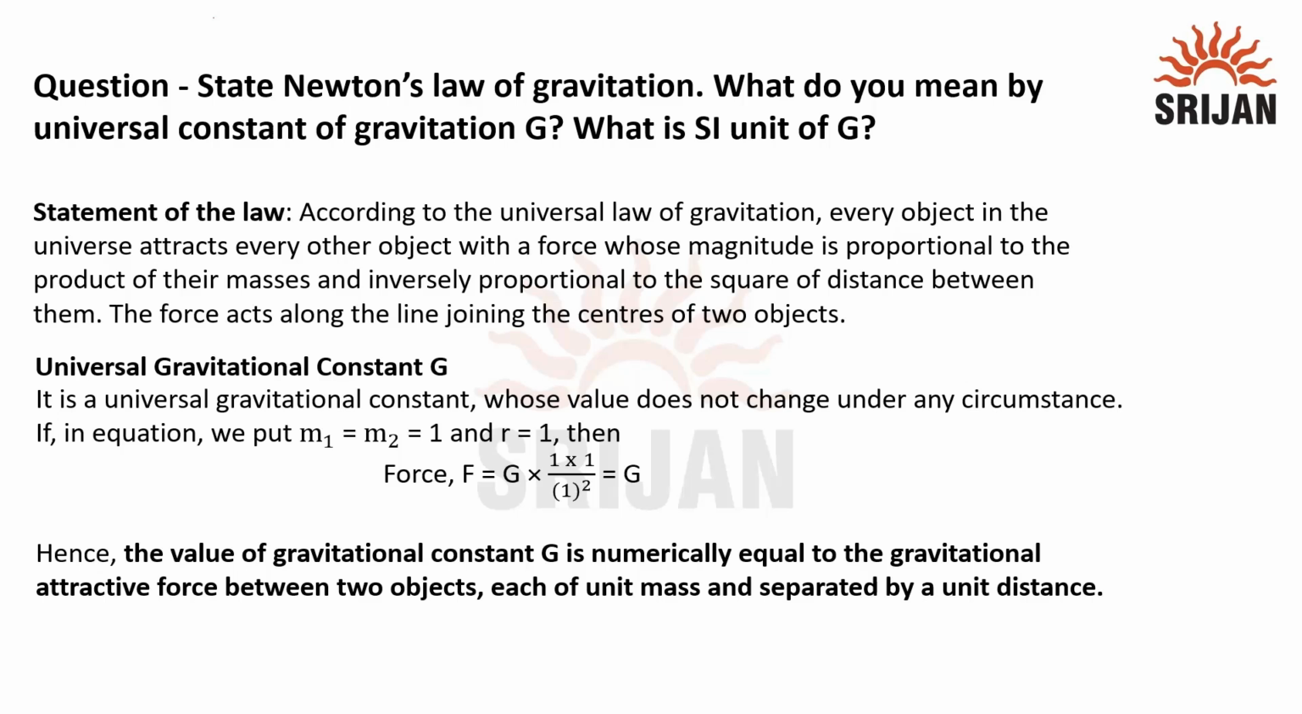The question is, state Newton's law of gravitation. What do you mean by universal constant of gravitation G, and what is the SI unit of G? So the statement of the universal law of gravitation, or Newton's law of gravitation, is: every object in the universe